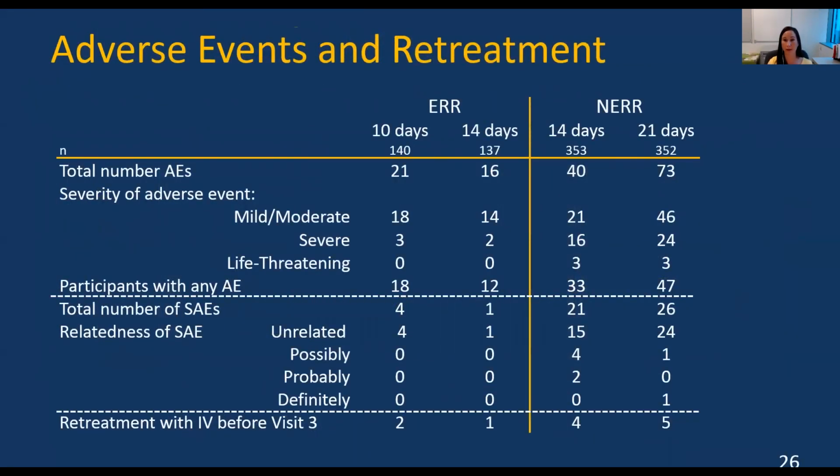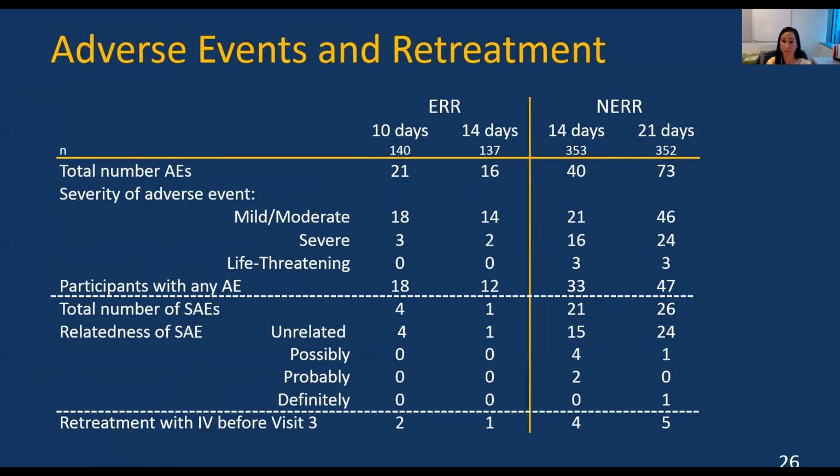Here's adverse events and also retreatment with IV antibiotics. So I'm showing both ERR and NERR. In general, AEs were low. In the ERR group, there were 21 AEs amongst 18 participants in the 10-day arm, and 16 AEs amongst 12 participants in the 14-day grouping. There were very few serious adverse events, overall 4 in the ERR 10-day group and 1 subject in the 14-day group, and all thought to be unrelated